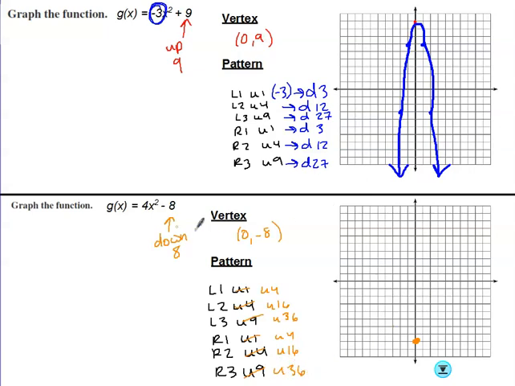And again, we are multiplying our pattern by 4 because we are multiplying x squared by 4 in our original equation. So left 1 up 4, back to the vertex, left 2 up 16, back to the vertex, right 1 up 4, back to the vertex, right 2 up 16. I ignored our 36s because they're just a little too big to fit on our graph. We connect our dots,